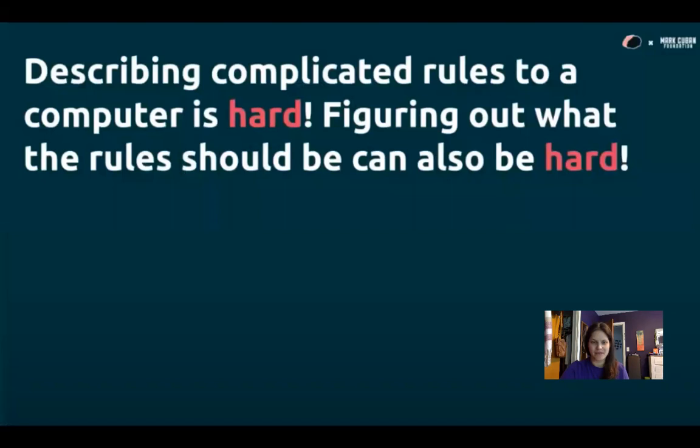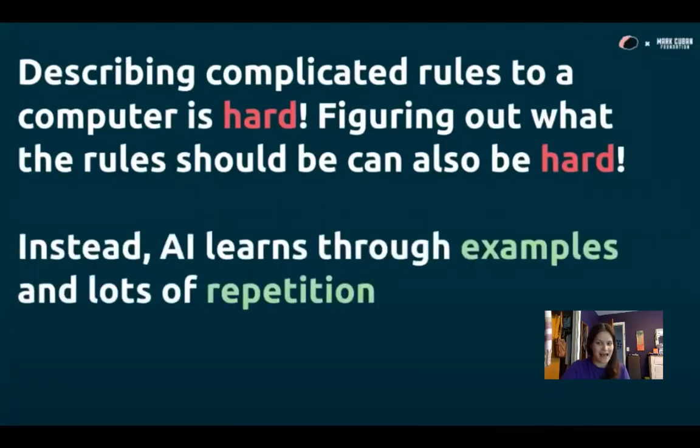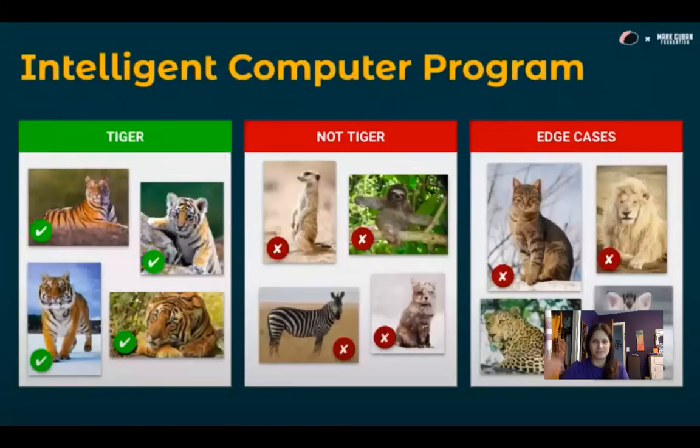So to make that happen, you have to really use a lot of examples, a lot of data, a lot of repetition to be able to get that to work. So for an intelligent computer program, we don't just have the basic rules, we have to use examples and non-examples. And so, look, little baby tiger, have to identify that as a tiger. It looks like a tiny kitten, but it's a tiger. So you get positive examples and then negative examples.